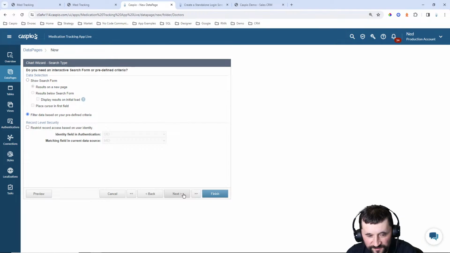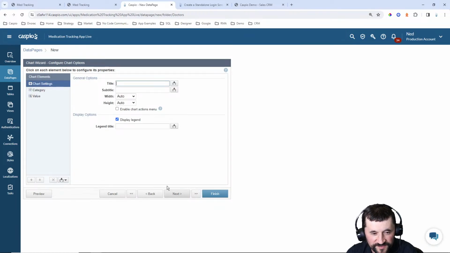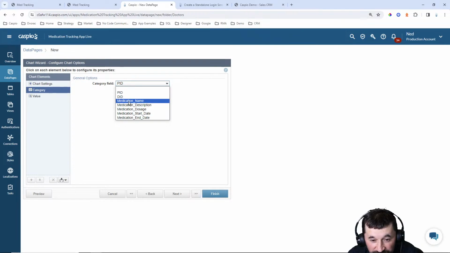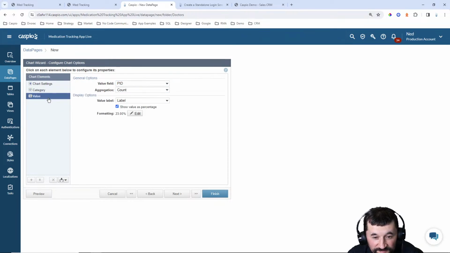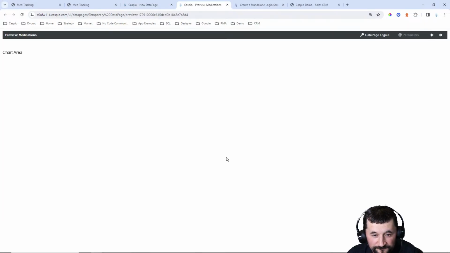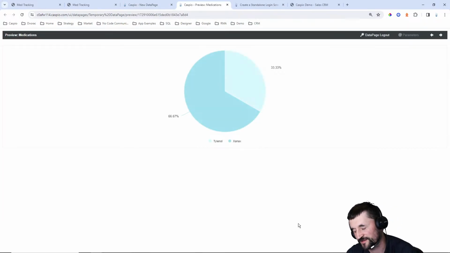So let's filter. No need to filter based on anything. But now when I set up my chart, maybe I can do category medication name. Value, we'll just do count, and let's show that as the percentage. If I hit preview now, embarrassing. I should have known it's 66 to 33%. That's so bad. That's so bad. It would have been 75 to 25